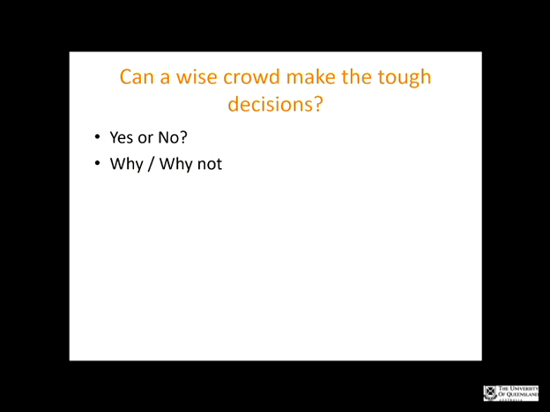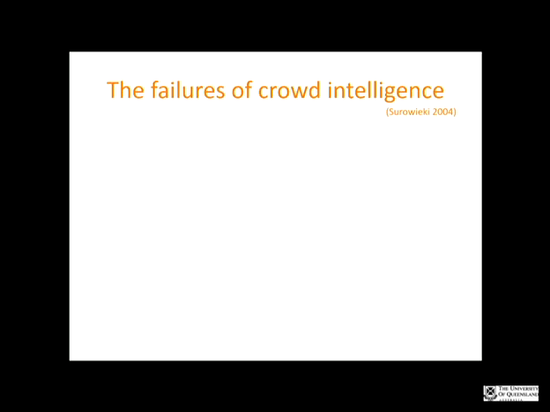Do you actually think that a wise crowd can make the tough decisions? So when you've got a diversity of stakeholders, can you get stakeholders to make decisions that are against their interests? Okay, that's what this boils down to. If it's a tough decision, they may not get what they want, or at least exactly what they want. So I might come back to that at the start of the next one, which means I better skip